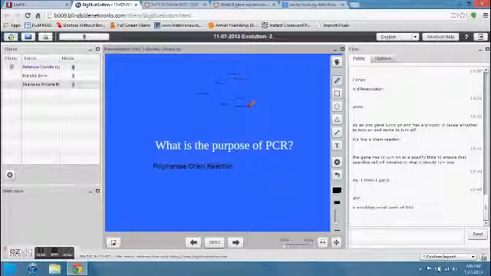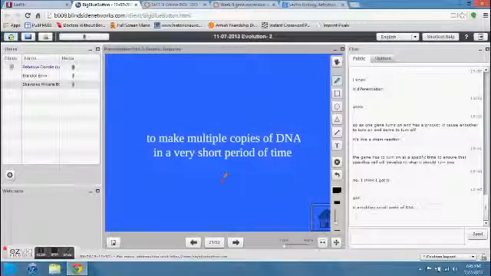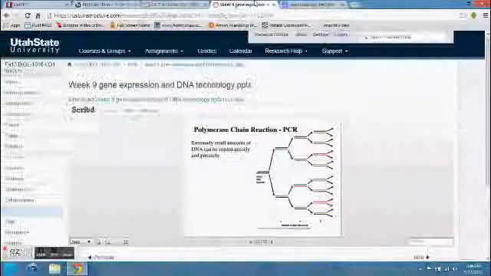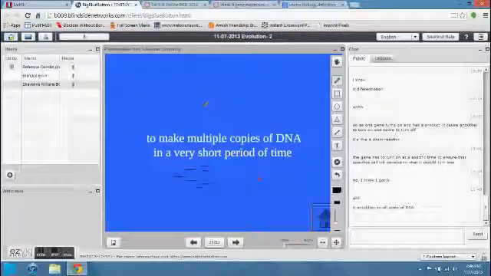So if you take a single gene and you copy it into two, then you can take each of those two and copy those till you get 4, and then 8 and 16, and so on and so forth. And that's